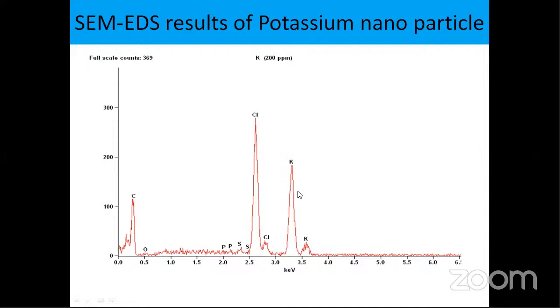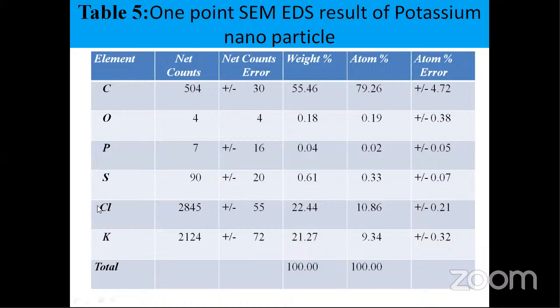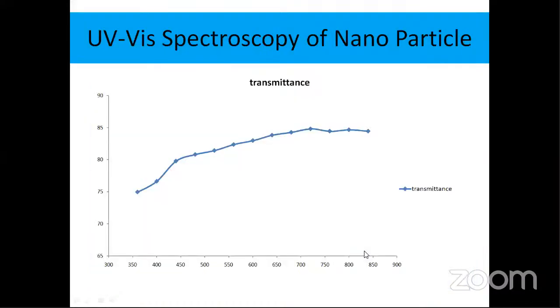Basically, we added KCl for supplying potassium as a nutrient to all the plants. For majority of plants we use KCl. Therefore, you can see here potassium chloride. The chlorine has come into the count, and potassium has come into the count.